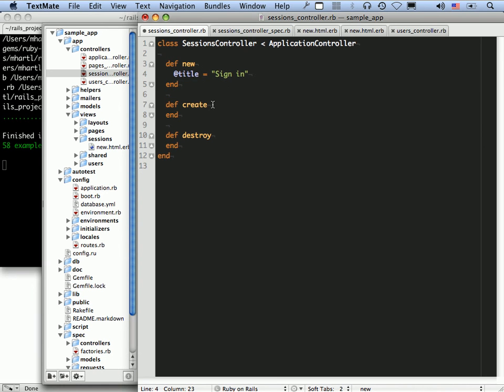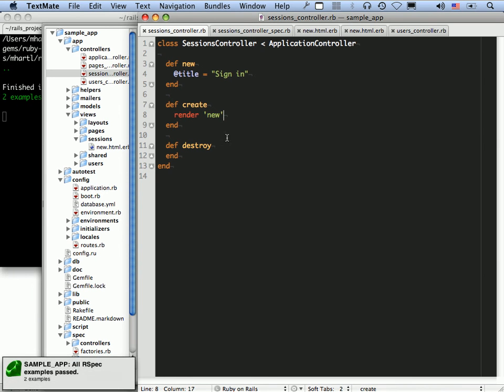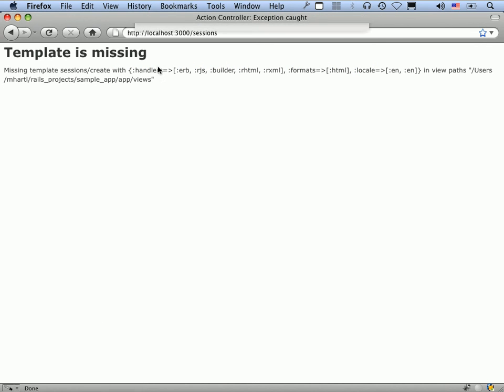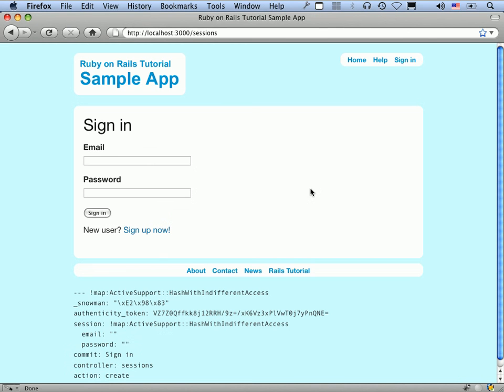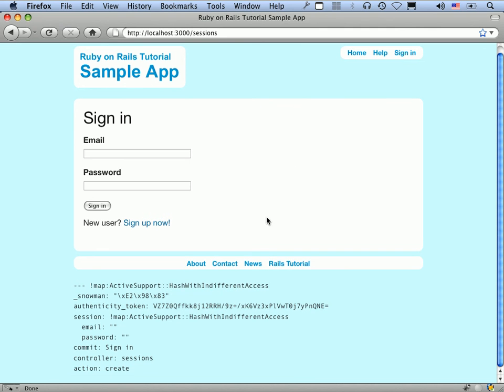In fact, let's copy it. So in the case of a failed create, what we want to do is just render back the new page. So let's take a look at this. Let's reload this and see if it works. Good. So now we've just re-rendered the sign-in page, and this is how we're going to do it in real life. And you can notice, let's just put in mhartl at